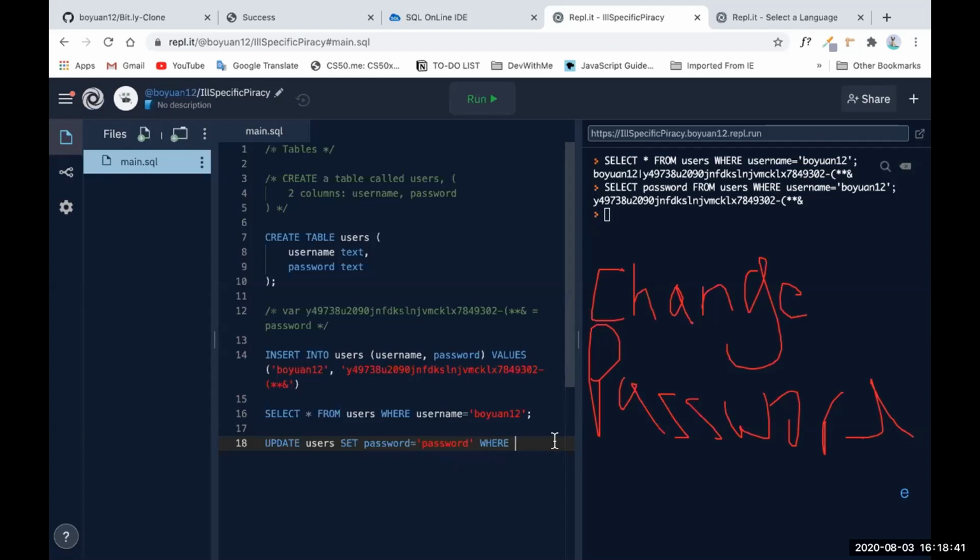So you can notice that we add a where here. This means we only want to update the row where this condition matches. And we can say where username equals username here. And if we run this,